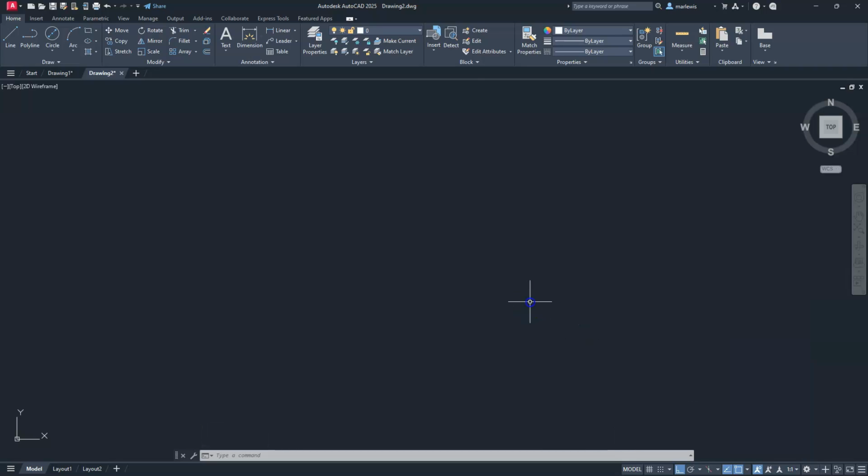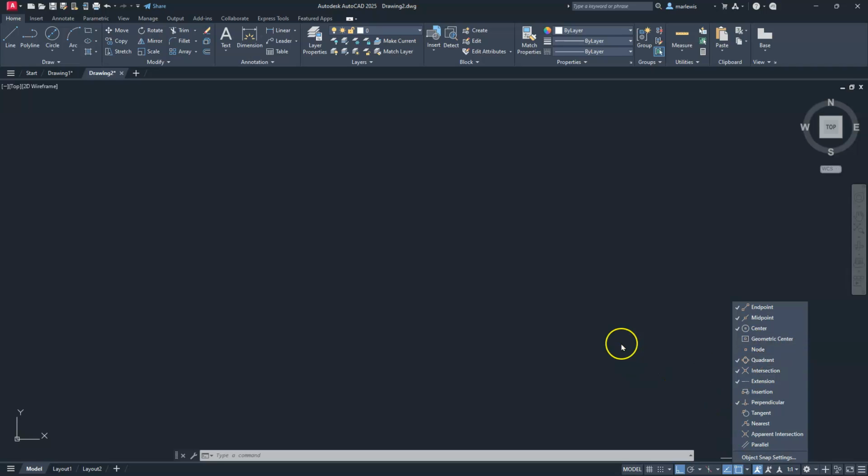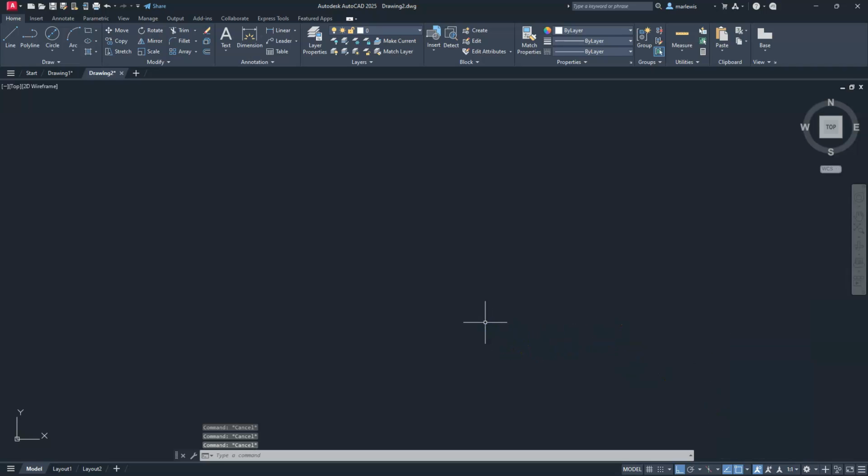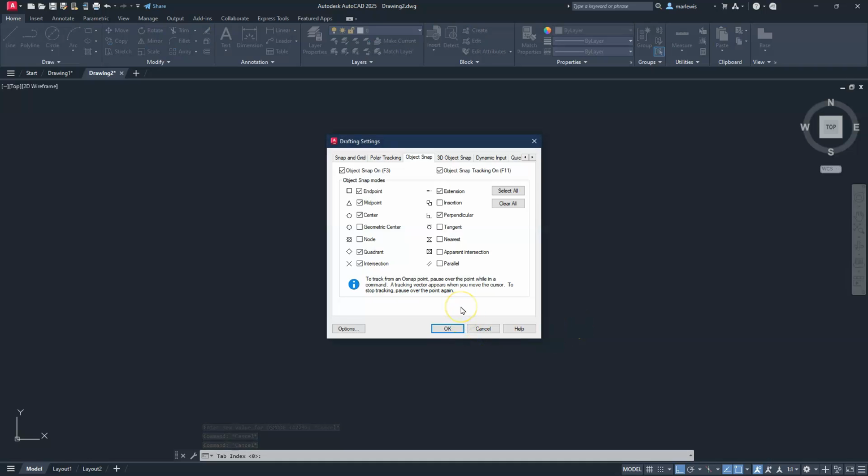All right. Next thing that I'm going to do is, well, there was a new command that I learned, and I don't know if anyone has ever shown you this. If these are the running O snaps that you do have on, there's a way that you can just type in a number. These are associated with a number. And the command for that is called OSMODE, right? O snap mode. And you'll see that it gives me a number of 4279. So if I clear this, and this is something super neat that I learned, and actually I use 4242, but I'm going to use the 4279, and I clear all of this,